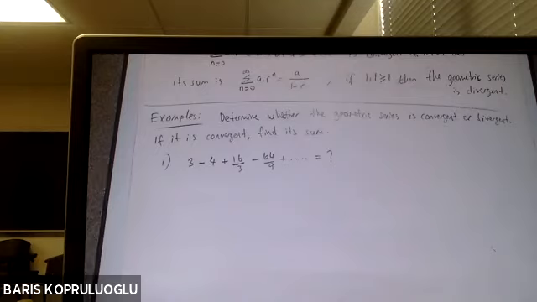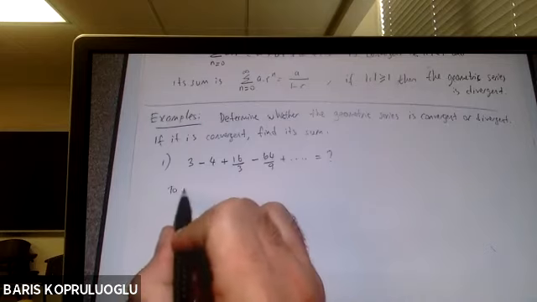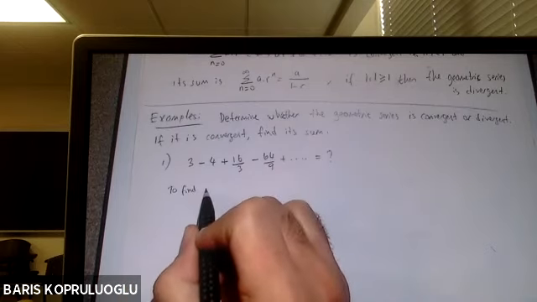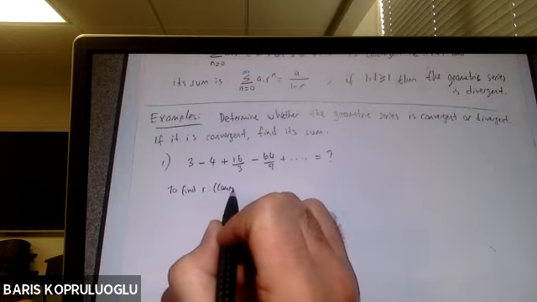The way the geometric series works is you're multiplying the first term by the common ratio and it should give you the second term. Or you're multiplying the second term by the common ratio, it should give you the third term. So to find r, the common ratio,